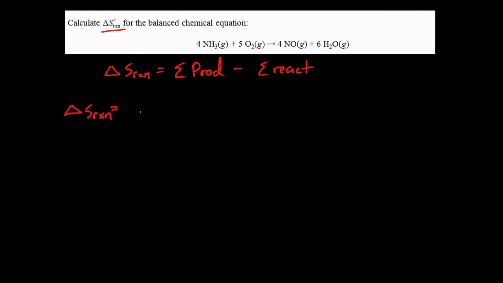All right, so for example here, in this particular reaction, we're trying to find the change in the entropy value for this reaction given this balanced chemical equation. And so we are going to do the same thing that we saw on the previous slide. It's just going to be the sum of the products minus the sum of the reactants. So we're going to start here with the products. We're going to take 4 times the number for NO from the table at the back of